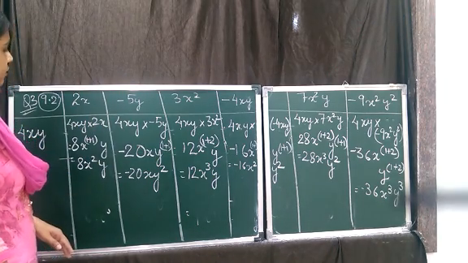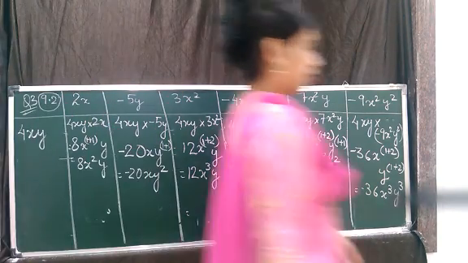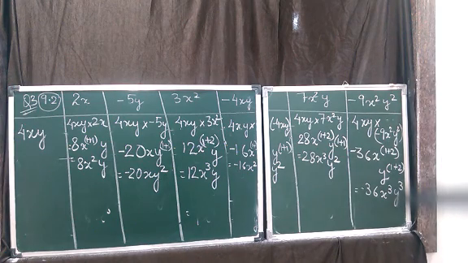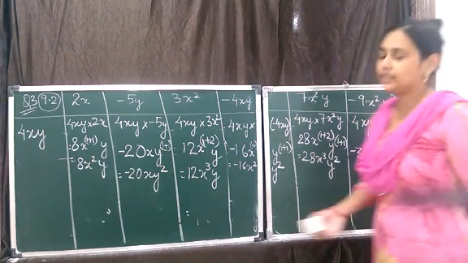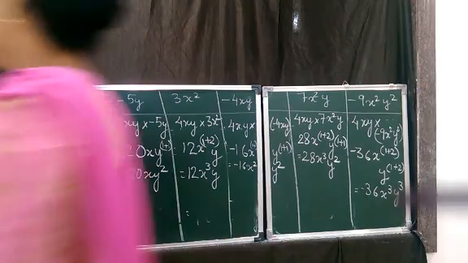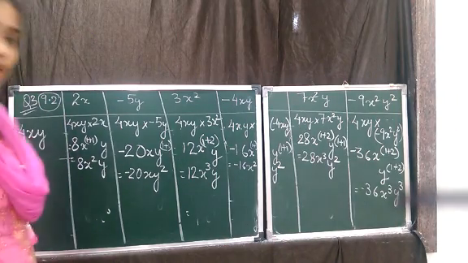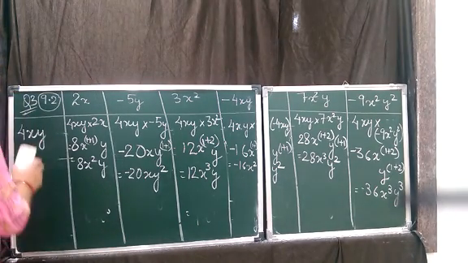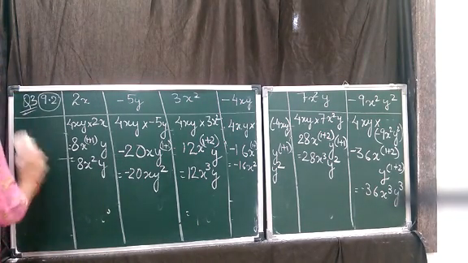Got it? You write small, you will be able to write. Then we go to 7x square y. Children, if you are not having place in book, if you are feeling that a lot of calculation is there, space is less, you can do it in your copy. Got it? You are free to do it in your copy.